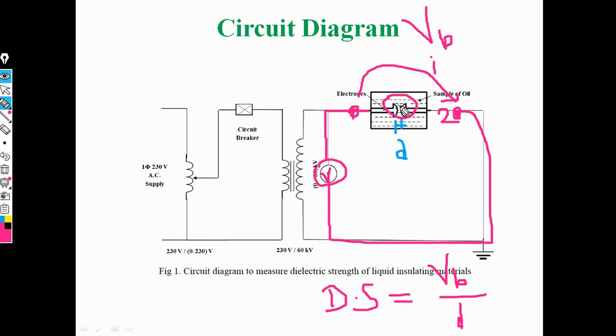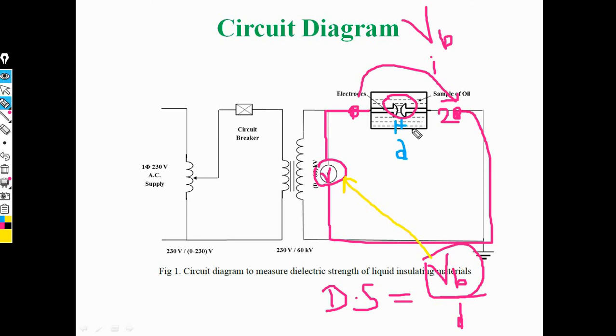To increase the voltage level we need a step up transformer, and this breakdown voltage is displayed on this voltmeter. The distance d is measured with the help of a scale, so we use a scale to measure the gap distance